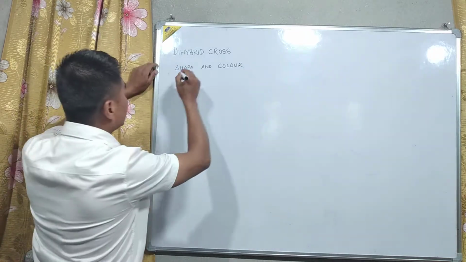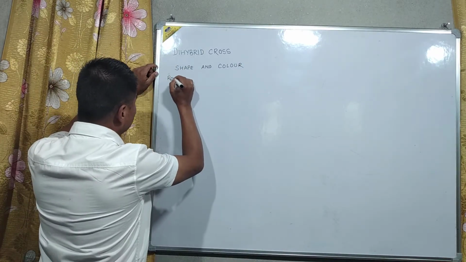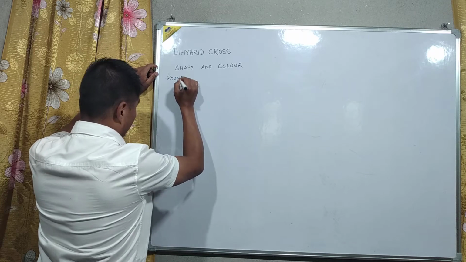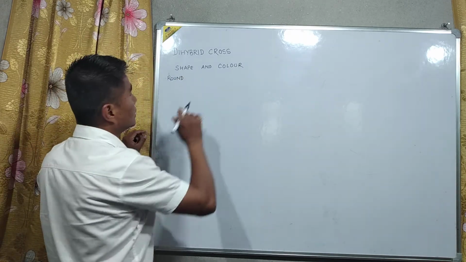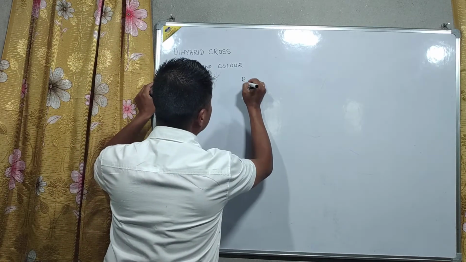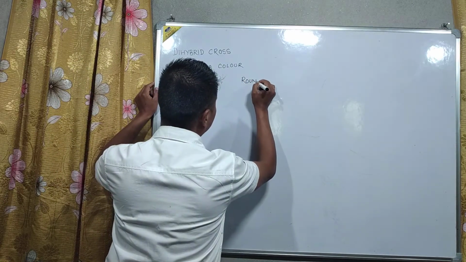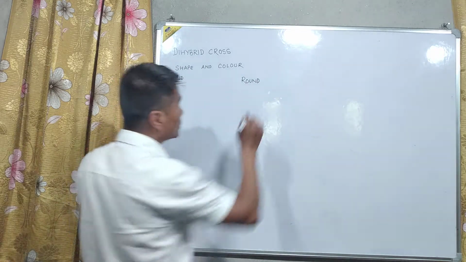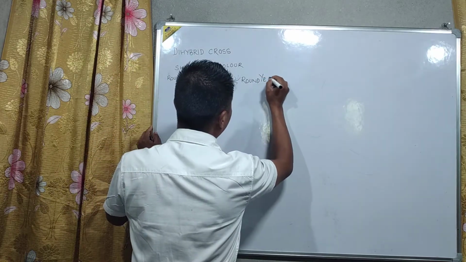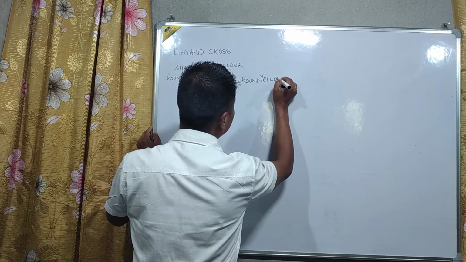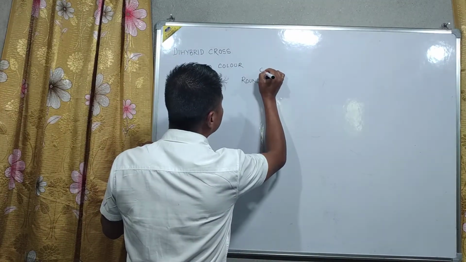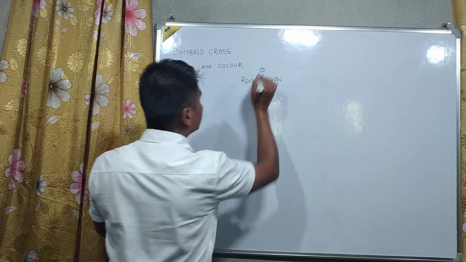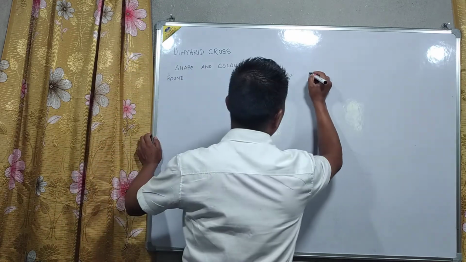For shape, round, so that means he took a pea plant which had round but yellow seed, and